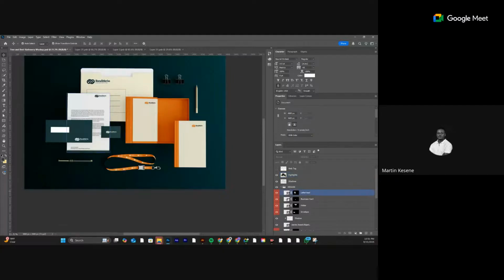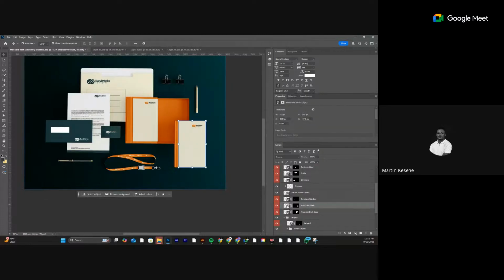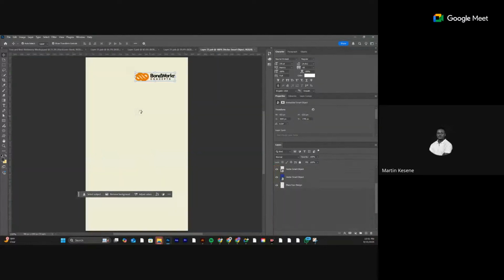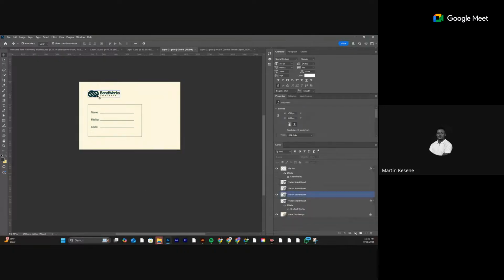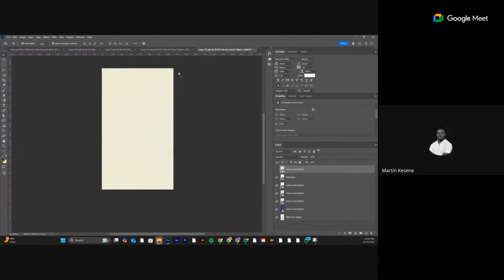But for the folders, we look for this, it is the art book cover. Let's first do the art book cover. So for the art book cover, what we just need to change is the logo. We close the eyes of the logo, come and pick the logo from here, and we drag it in and drop it here. All right. Drop it there and we reduce the size. Some mockups are faster than others, but these stationery mockups, you need to take your time,